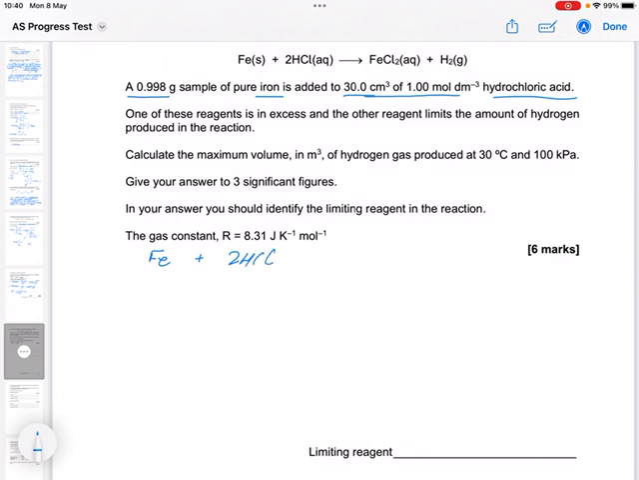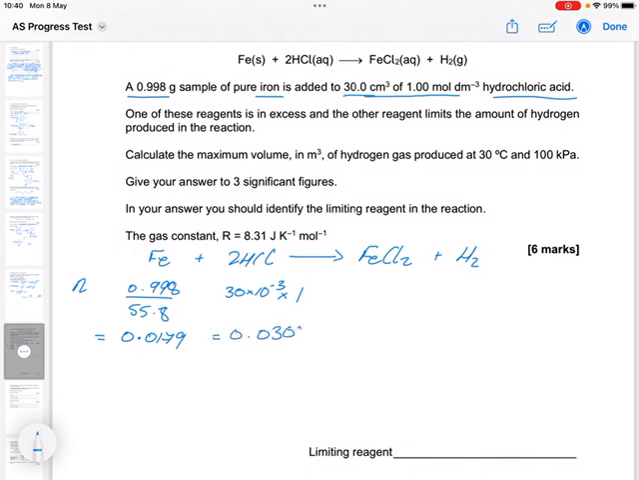So 2HCl goes to FeCl2 plus H2. So number of moles of the iron then is 0.998 divided by the Mr, which is 55.8, and that equals 0.0179. So that's the number of moles of that, and then the number of moles of the hydrochloric acid. So I've got 30 times 10 to the minus 3, that's the volume, times the concentration. So that equals 0.0300